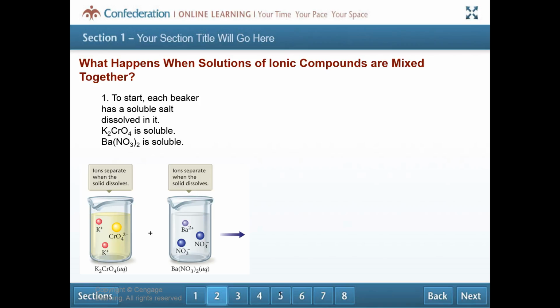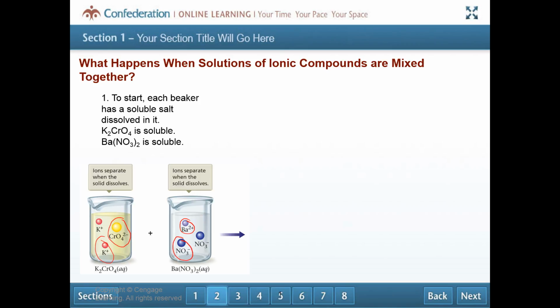So in the first beaker, we've poured some potassium chromate. Like maybe we had a spoonful of solid potassium chromate salt and then we poured it into this beaker, and then what we've got are some potassium ions floating around here, and then we've got some chromate ions floating around, and they've got charges on them. And then we do the same thing here. So we've got some barium nitrate. Maybe we had a spoon of that salt and then we poured it in, and then we ended up with these ions floating around. So we've got some barium ions, and then we've got some nitrate